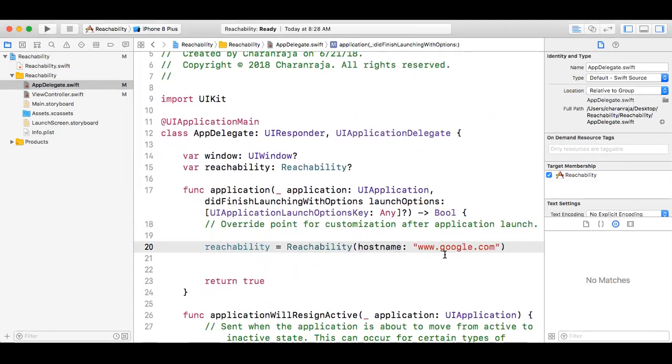Suppose, for example, if I pass apple.com, it should load so many elements, so many images, and only then will it be able to ping. With google.com, I don't have any images, I don't have anything, so it will always be able to ping this. So first thing,